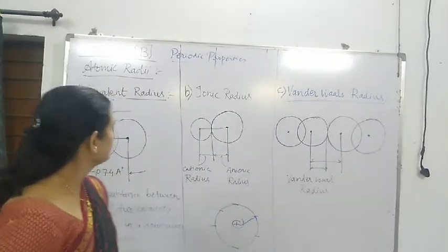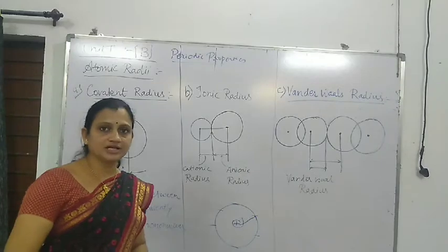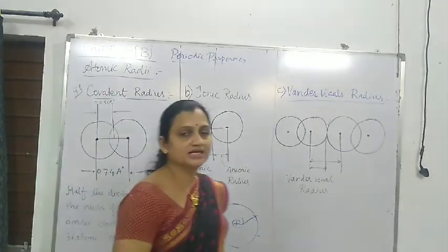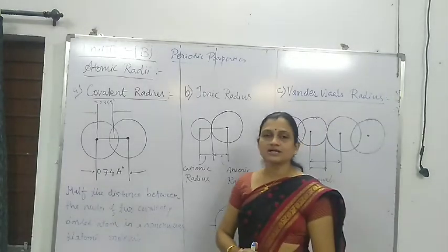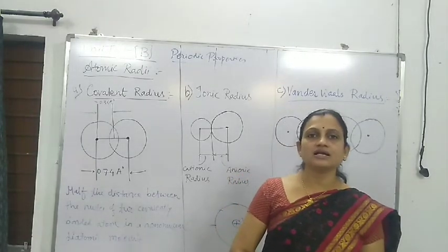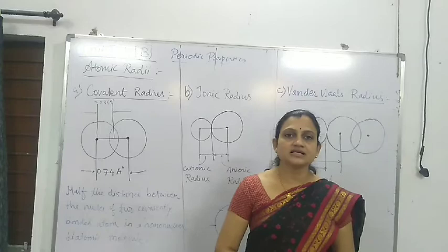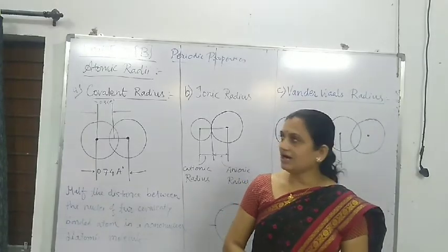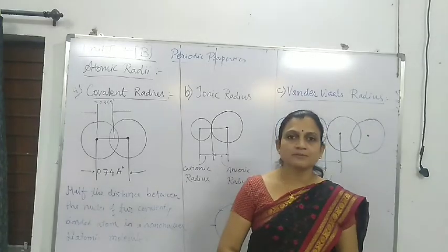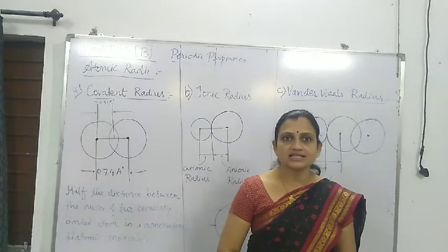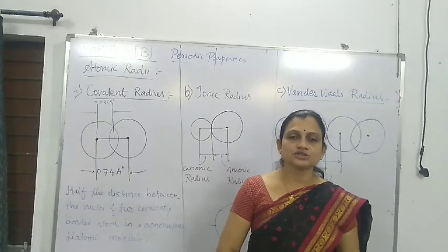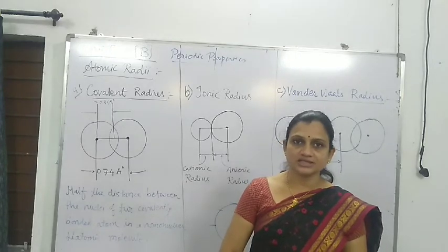Now what are the different terms involved in the atomic radius? When we go to calculate the atomic radius, at that time we do not get the exact value of that atomic radius, we will get the most probable value. Why? Some points were there in the atomic radius that we have already discussed, that is, an atom is too small that it cannot be isolated.